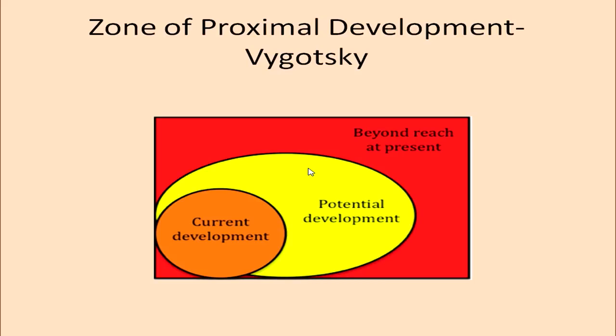This shows the idea of the zone of proximal development that Vygotsky developed. The inner orange circle that you can see is the current development of the child. According to Vygotsky, if there are other people in the child's vicinity, who can be teachers, peers, or parents, they can bring the child beyond their current potential, and they can maximize the potential by just being facilitators and guides to the child. The potential development is what you can see in the yellow circle. So, they can be the ones who can take the child from that one circle much beyond their own